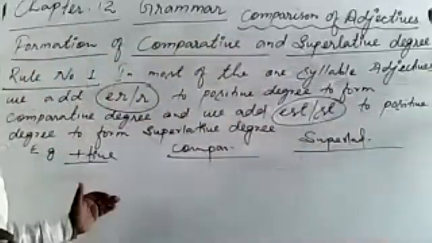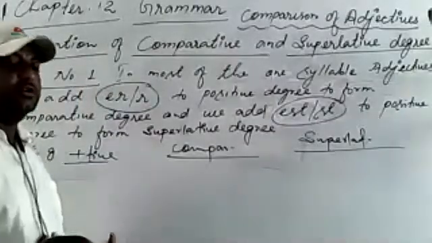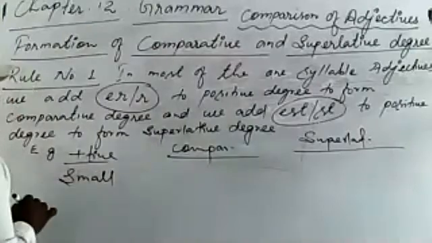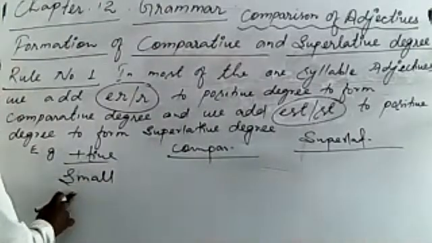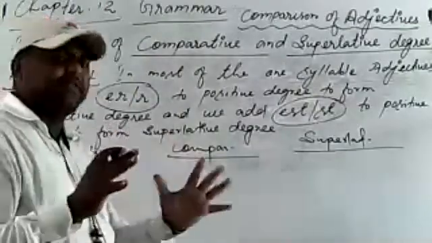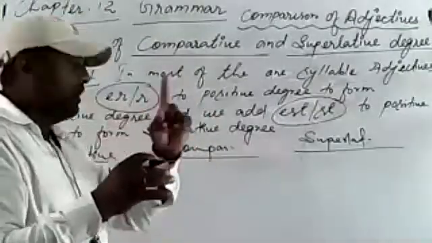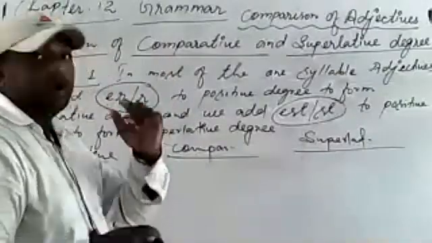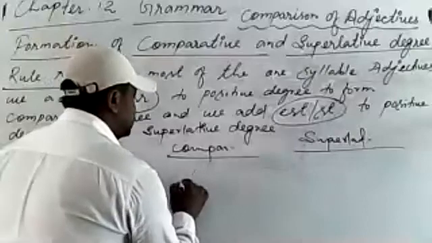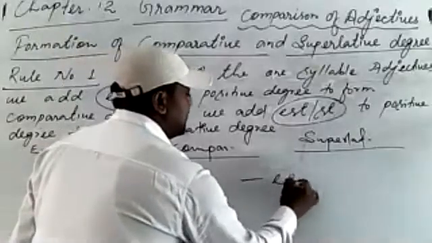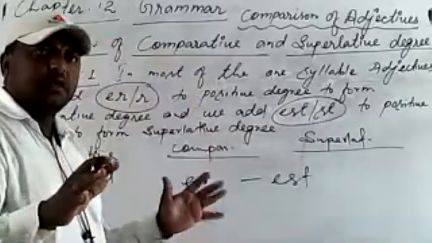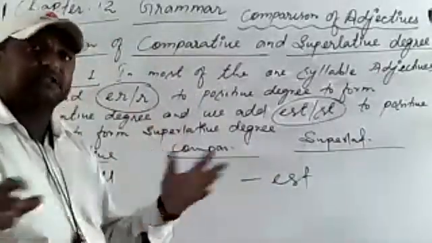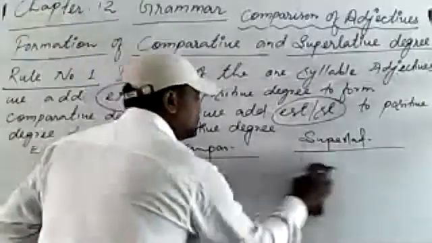Now let us see some of the example of one syllables. Okay, students, now look here. I have written here small. It's one syllable. So in most of the cases, ज्यादातर हम क्या करते हैं? In every comparison word we use, ये mentally आप prepare रहिएगा. Mentally be prepared that you are going to use er and est in every. er and est हम सब में ऐड करते हैं, but there are some differences. Let us see one by one. So this is the first rule.